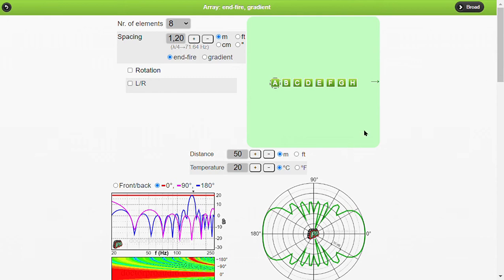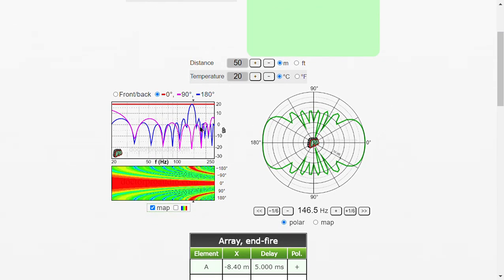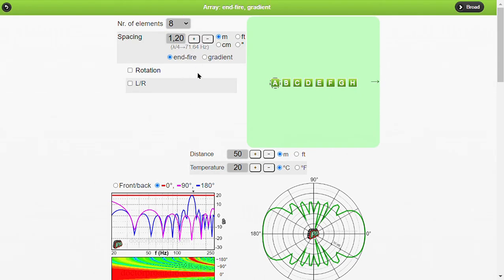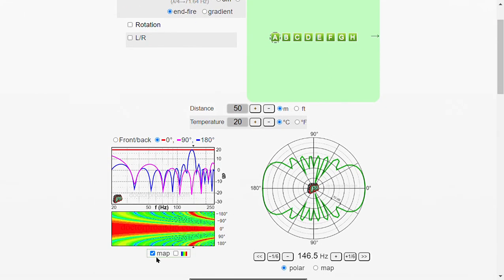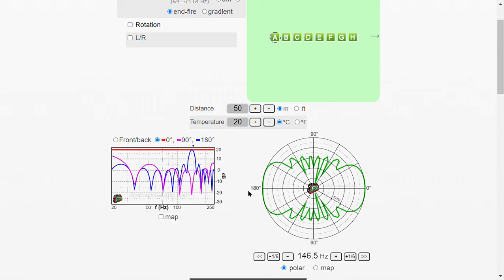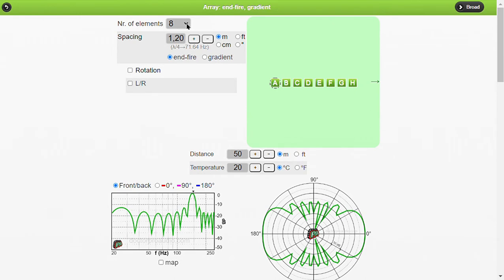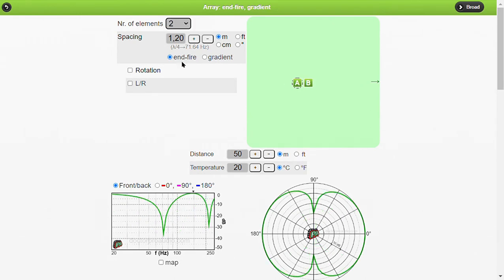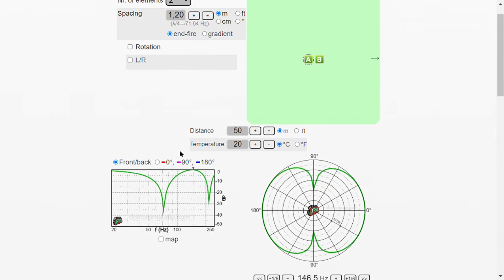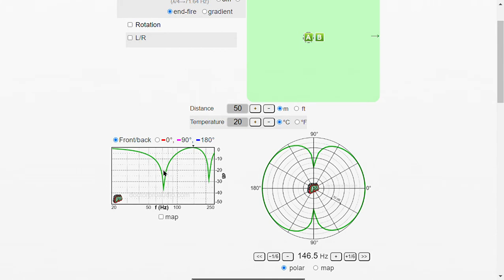Okay, before we go on, just a note on frequency responses. If we switch the isobar display off, calculations will be faster. Let's go back to just a simple 2-element array, and we see these notches.